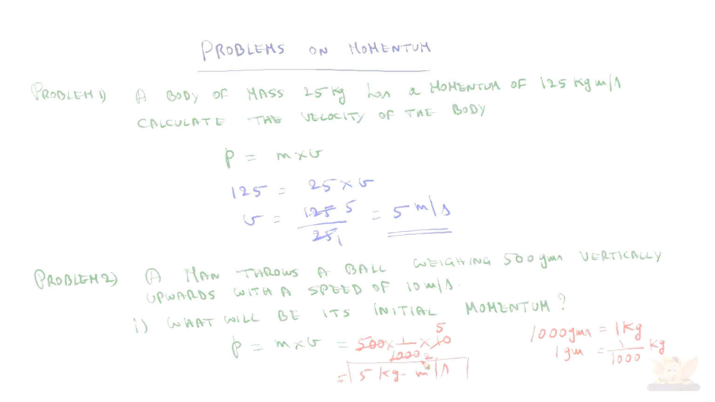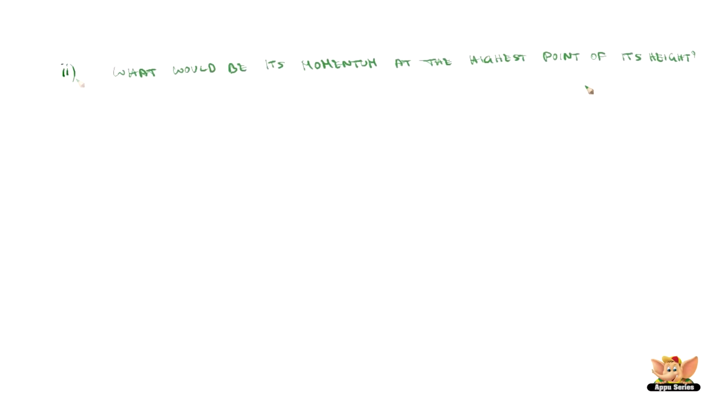We'll go to the next part of the question. What will be its momentum at the highest point of its height? The ball is thrown vertically upwards with a velocity of 10 meter per second. And when it reaches the top, the velocity will be 0. Hence, at the highest point of its flight, the momentum will be